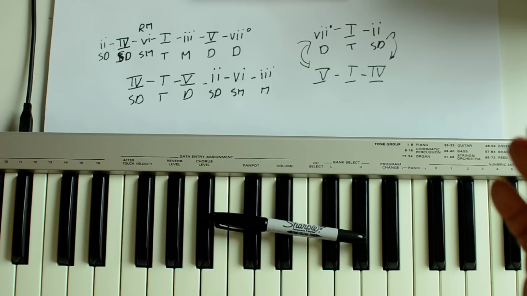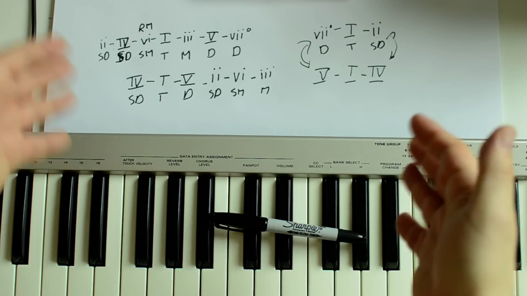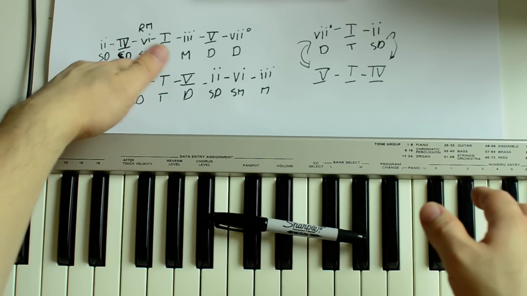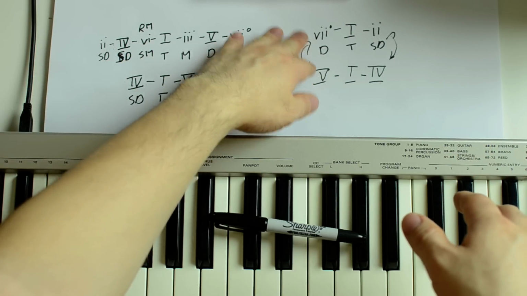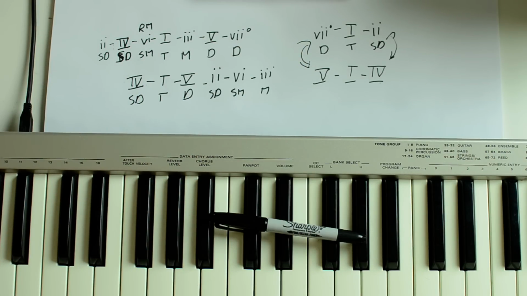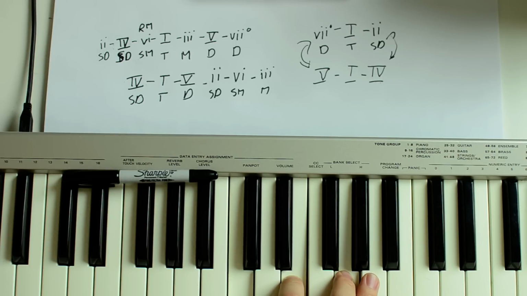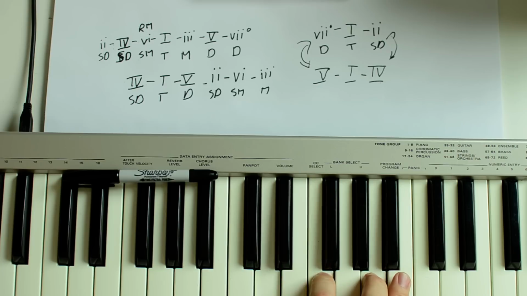And when I, a few years ago, realized that there are only 3 ways to move through chords, and that movement by fourths and fifths is actually related to movement by seconds, it sort of opened up a lot of thinking for me. I'm no longer thinking, well, I'm on a 1 chord, should I go to a 4 chord? I'm thinking, I'm on a 1 chord, I want to go to a subdominant function, so I can go to a 4 chord here, right? Or I can go to a 2 chord,